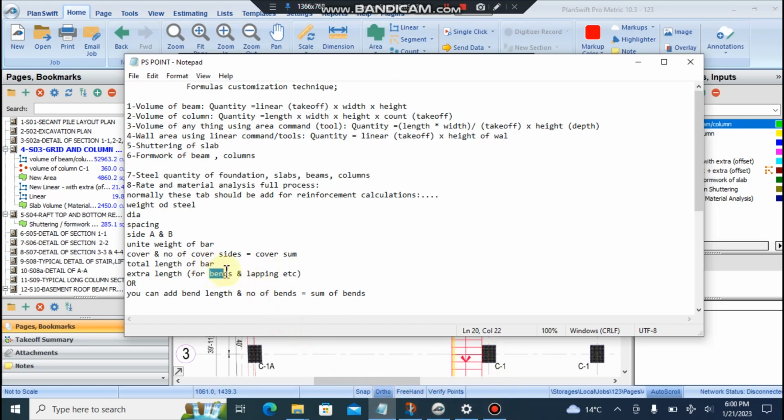Normally we don't bother to calculate every bend length and number of bends and multiply them with the total sides, and then calculate the total bend. We don't bother to do so many processes, so we simply add 1.2 in our bidding or tender processing estimate,